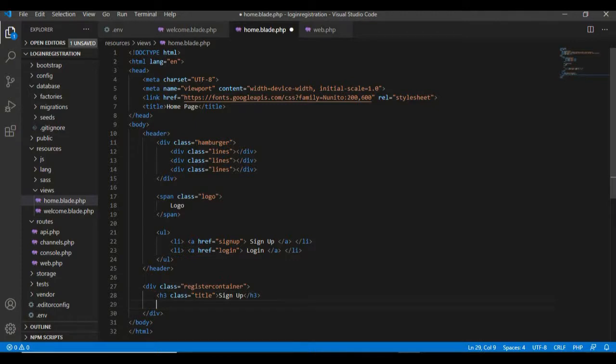And then I'll be having the form, which will have the ID as register. Cool. You'll come to know why I use ID, because as we are going to use vanilla.js, so it's better to use ID to retrieve the data of the form. So that goes over here, and what I'm going to do is, for every label and its associated input,